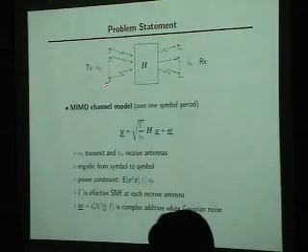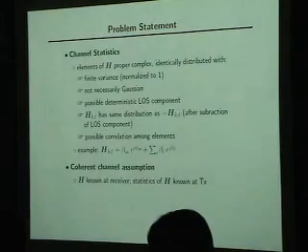So we assume that the arrays are far apart, so that if I look at any pairs of transmit and receive antennas, statistically they see the same channel. So they basically can't be distinguished in that sense, but of course they could be correlated. Okay, so they're identically distributed, correlated. We normalize their variances to 1, like I said before. We don't necessarily assume a Gaussian model. We could possibly have a